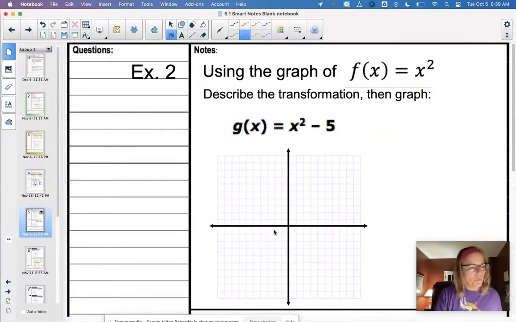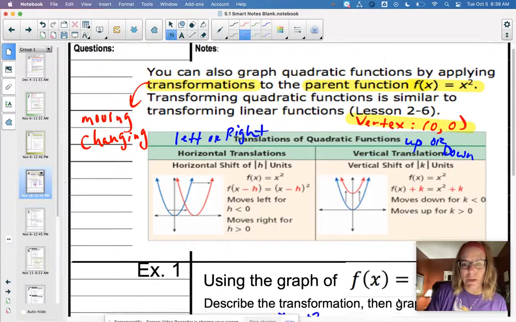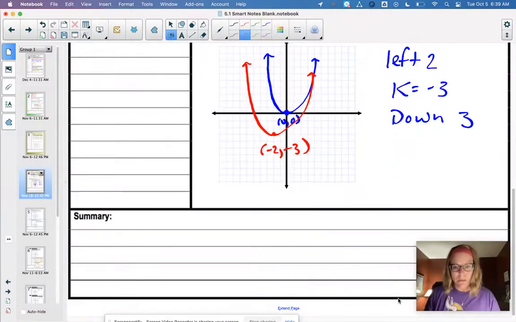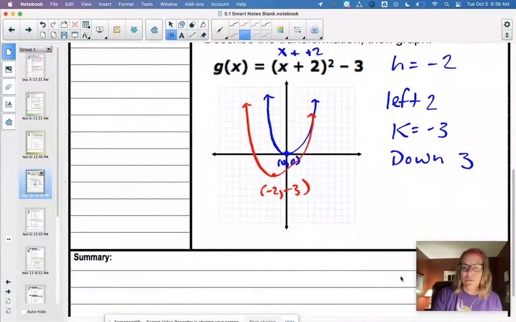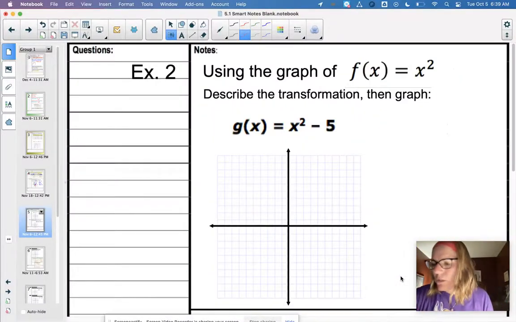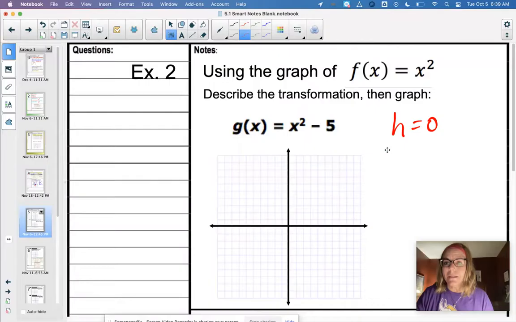Example 2. Oh, I think I forgot to do one thing back here. Just thought of it. No, I did. I described the transformation, left 2, down 3. Okay. So on this example, there's nothing happening in the parenthesis. There is no parenthesis. So we know that in this case, h is equal to 0. So we're not moving